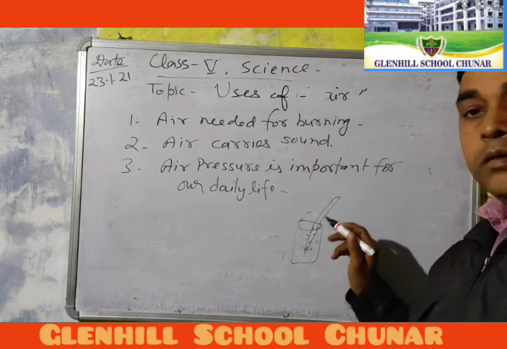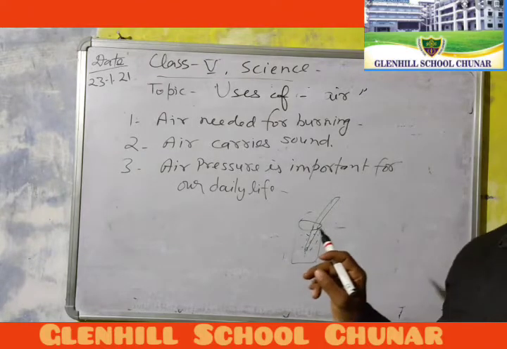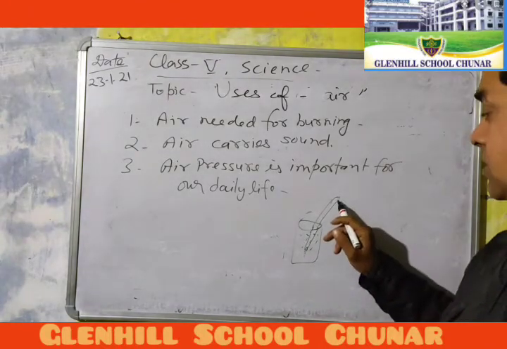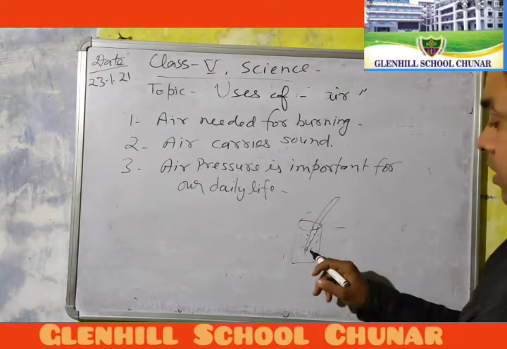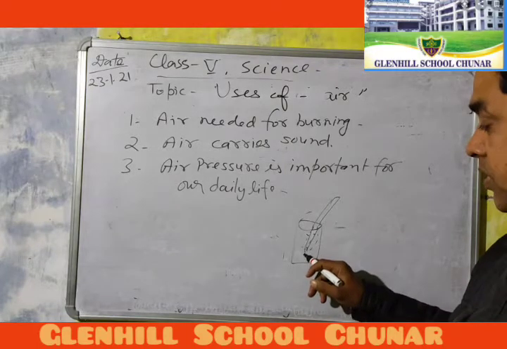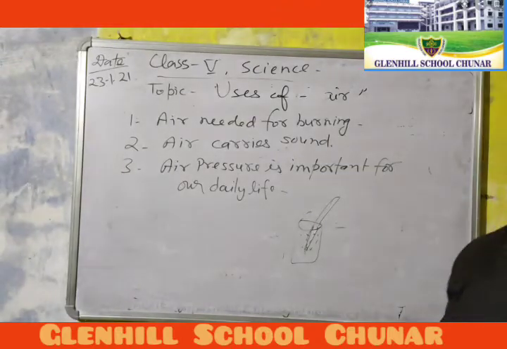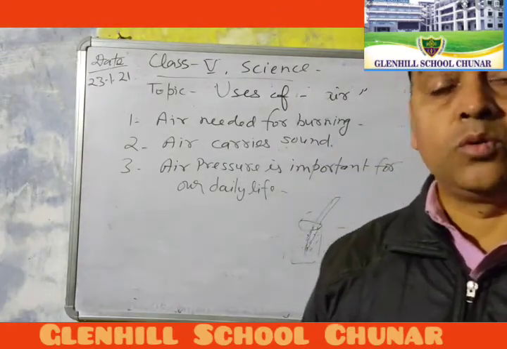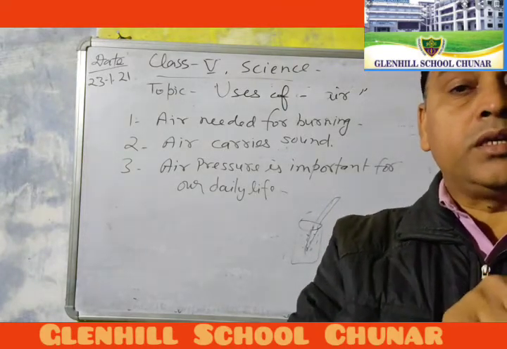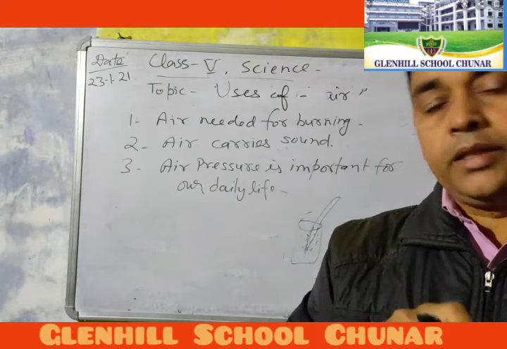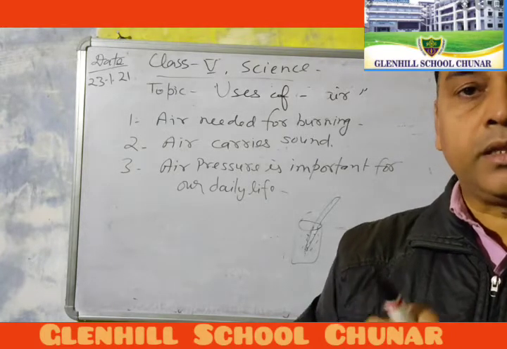This is a hollow cylindrical pipe, very light in weight, made of plastic. It is full of air. Once we suck the air, the cold drink comes with air into our mouth. It is also used in giving the drug to the patient through the syringe. In a syringe, air pressure is created when we suck the drug in. The drug comes in the syringe due to the air which is present in the syringe.